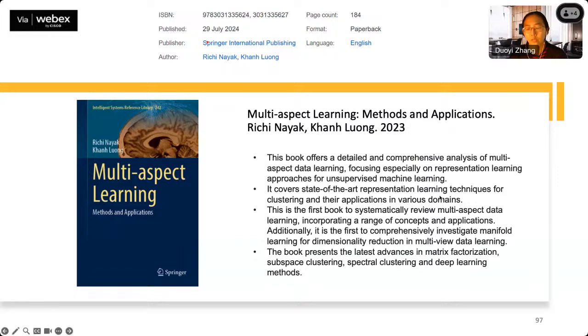For example, in multimedia, and not only in NLP, multimedia, and others. This is the first book to systematically review multi-aspect data learning, incorporating a range of concepts and applications. Additionally, it is the first to comprehensively investigate manifold learning for dimensionality reduction in multi-view data learning. So if you are interested in this kind of unsupervised learning and also manifold learning, specifically for dimension reduction,